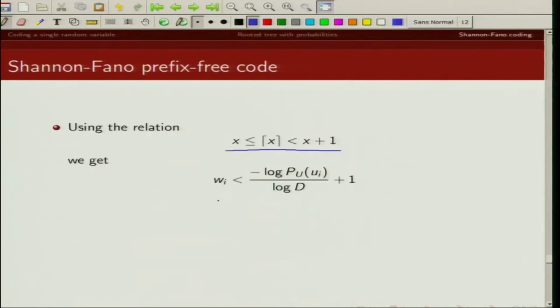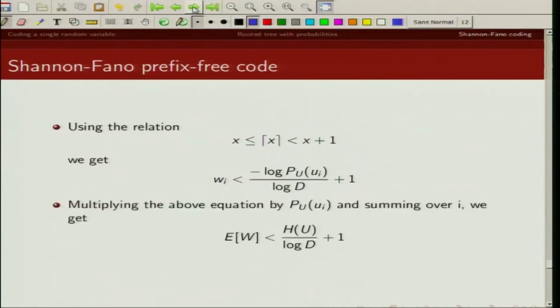So if we plug that in, we can write that w_i is less than minus log of p(u_i) by log D, plus 1. And if we multiply both sides by p(u_i) and sum over all i's, then this would be